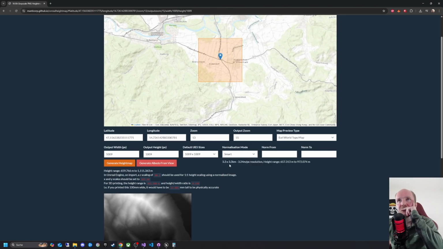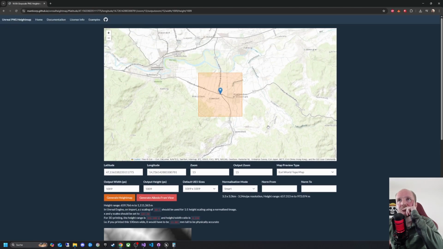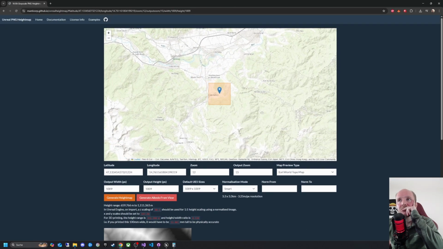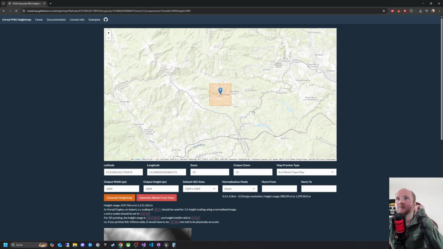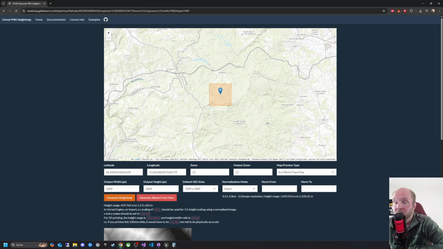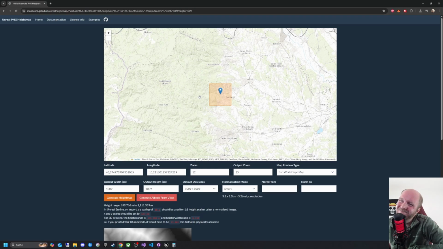But I have 3.3 kilometers. So I just have to scale it down, but